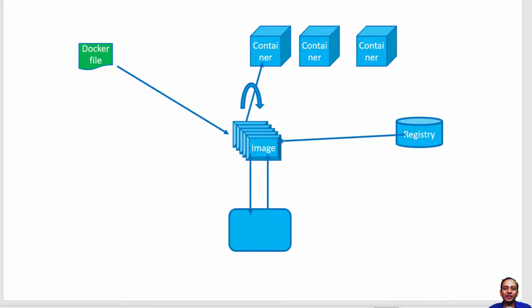Hi, in the earlier session we had seen how to get the image from a registry, or how to save as a flat file and import from a flat file. There are other ways where I can build my own custom image using a Docker file. This is the actual way where I can customize my own requirement and build from scratch. I can have any base image and I can build an image from the Docker file.